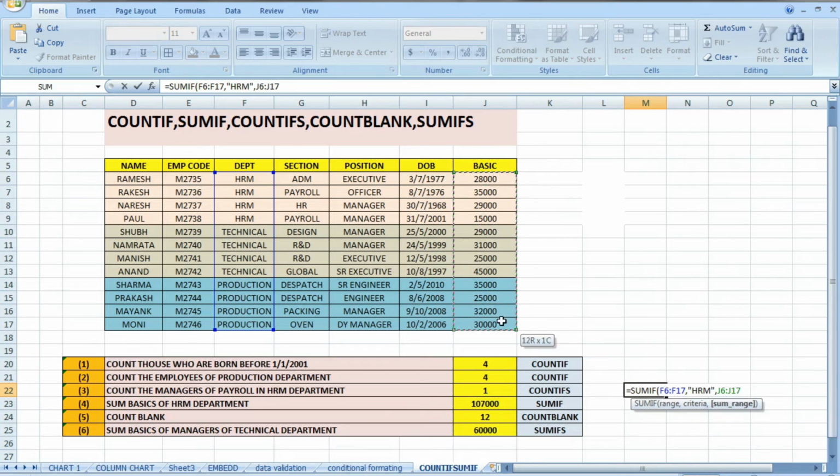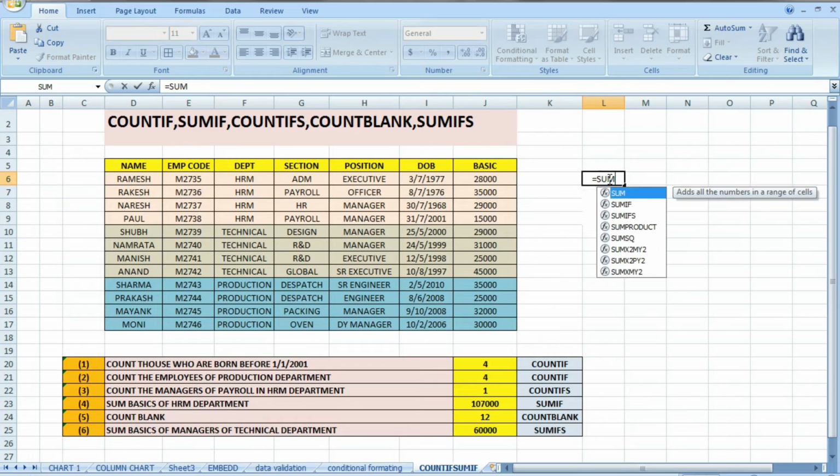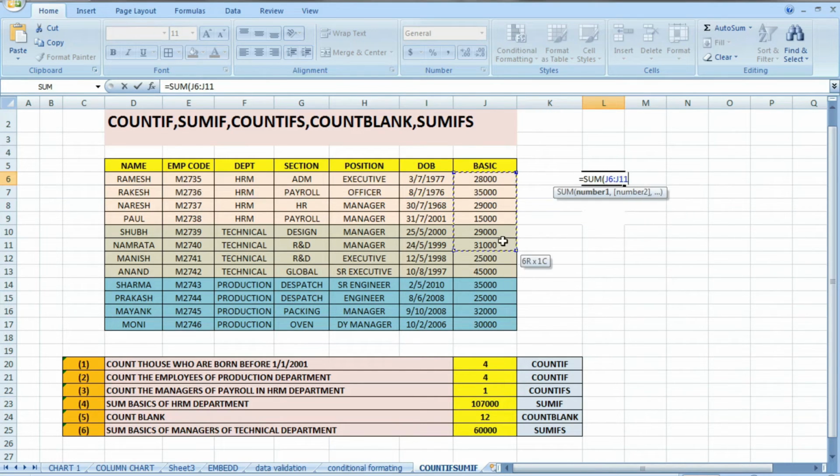This we want to sum. Then bracket close. So this is 1,07,000 rupees, right? See, this is the 1,07,000 rupees. Suppose we can sum here also, sum these 4, right? Same.